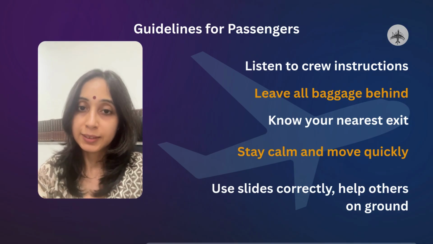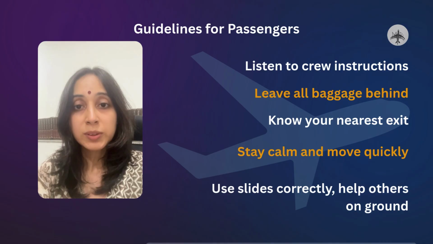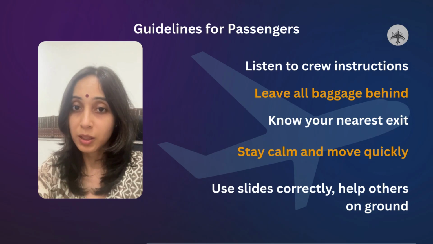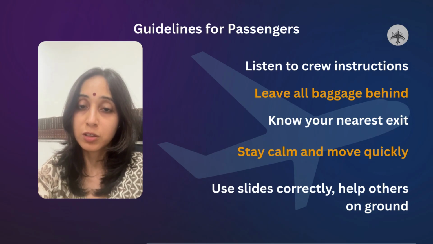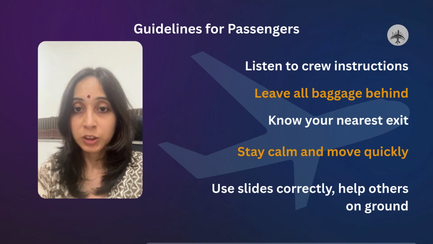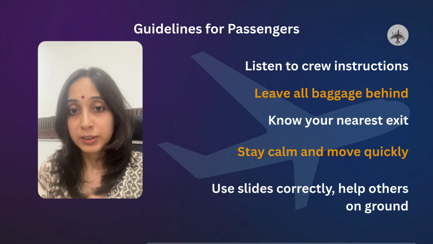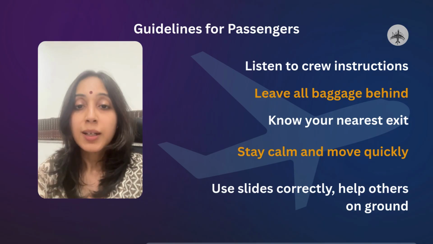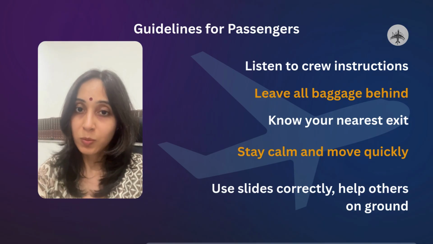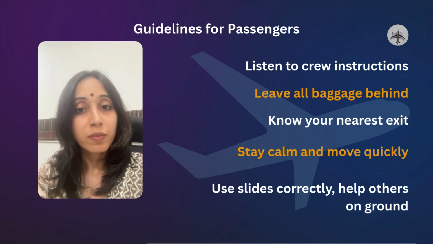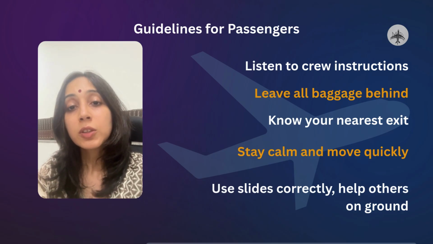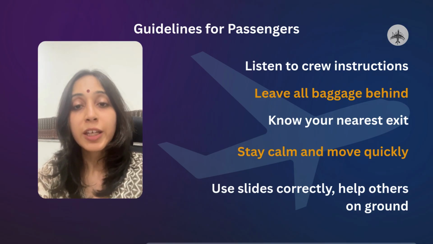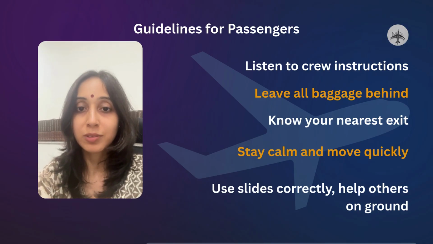Assess the exits. If there is any cabin crew who is incapacitated, assess the situation. See whether you can actually evacuate from that side of the aircraft or not. Listen to cabin crew instructions and relocate yourself. Go to other emergency exits that are available. Assist other passengers in evacuating the aircraft. Once you have evacuated the aircraft, you can also help passengers who have gotten out of the aircraft to go at a safe distance away from the aircraft.